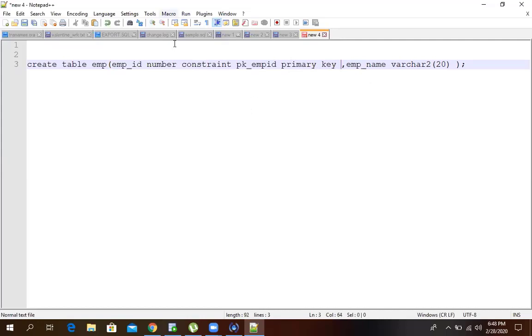Whether it is an inline or out of line, Mason? Inline. How are you saying it is an inline? Because here, just after the EMP ID, he's saying the constraint, and he doesn't have to put again the constraint, the column name at the end of the constraint. Okay. Now Herman.